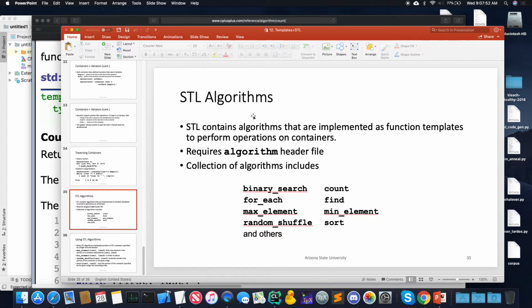Yeah. So you said that all the sequential containers have random access, but so like for deque, it has more than one type of iterator, right? They only have one type of iterator, but